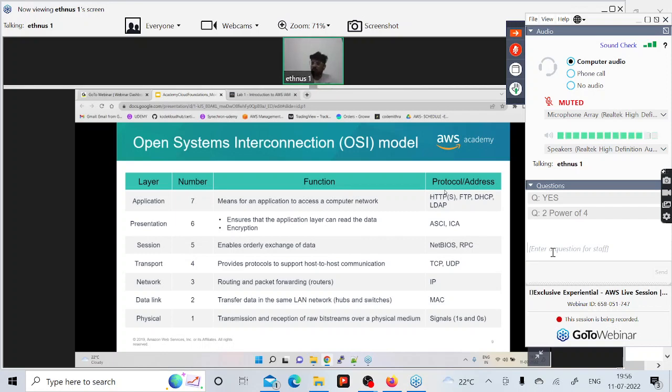Protocols are the set of rules which are used when you're exchanging information on the internet. These protocols provide some kind of security to the information which you are exchanging over the internet. Suppose I am sending hi. Suppose just now